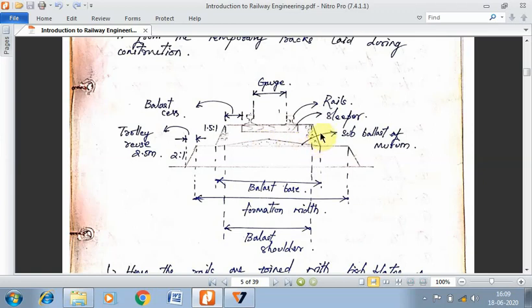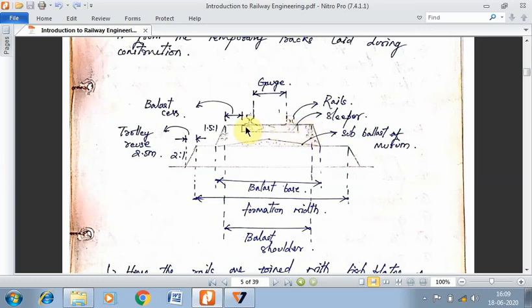These ballasts that we have here are unbound ballasts, unbound in the sense that you are not going to use any kind of binder to bind all these ballasts together. It will generally be packed and densified by means of vibratory modes, and then you will prepare the layer. So this is about ballast.